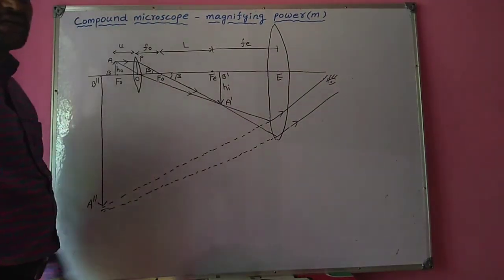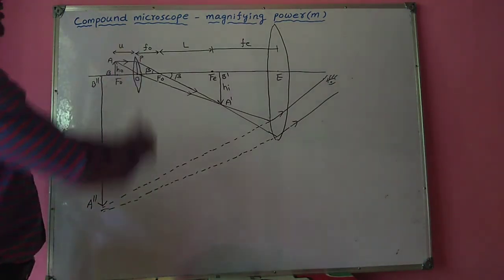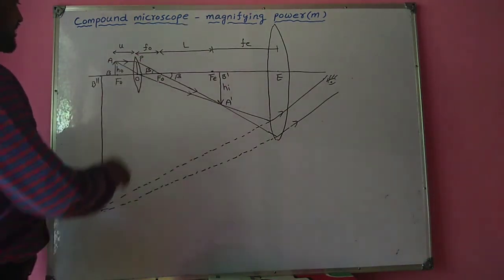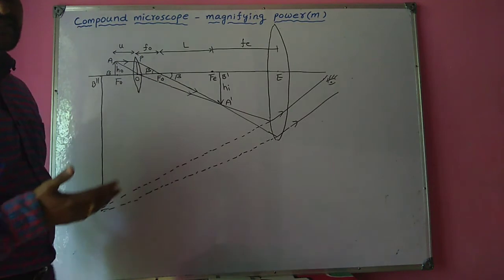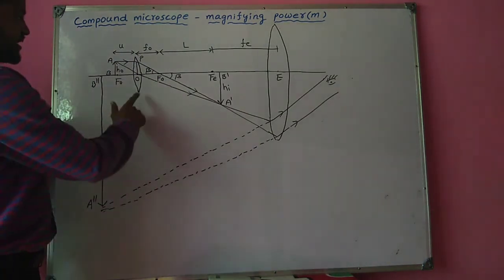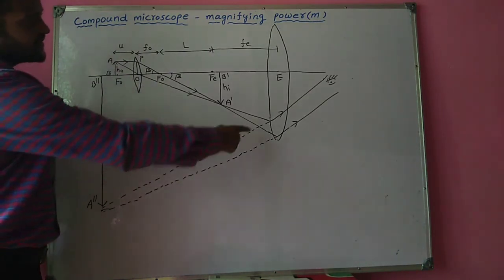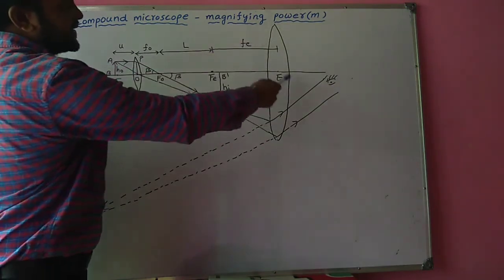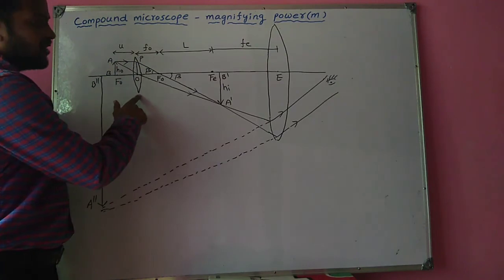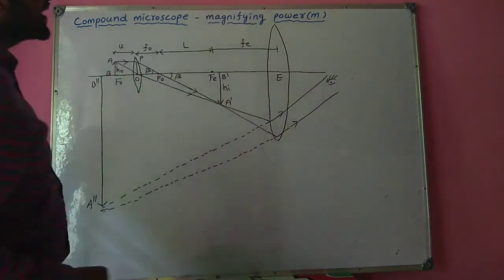So this is the ray diagram of image formation by the compound microscope. Let us explain this diagram. This is a convex lens. Already we have discussed that a compound microscope consists of two convex lenses. So this is a convex lens which is O, the objective. This is another convex lens E, the eyepiece. Already we have discussed that the objective has a small focal length and small aperture. The eyepiece has a moderate focal length and